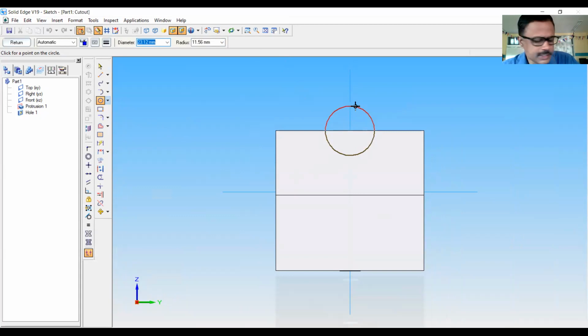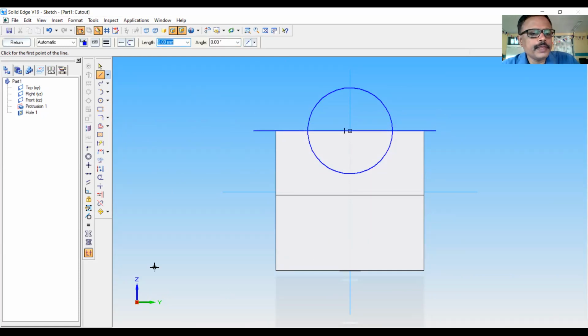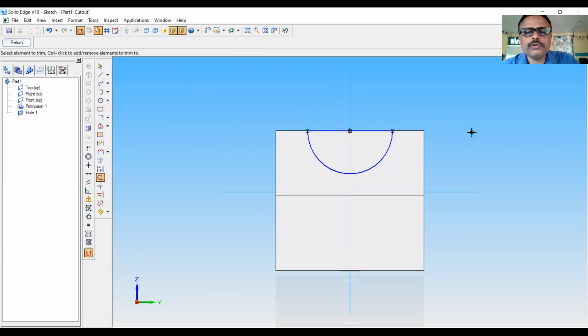The radius is 20, so it is asking diameter, so I will type it as 40. Now right click to abort the command, click on line. It is just a construction. Now remove the unwanted portion by using the trim command. So whatever I don't want, I have trimmed it.